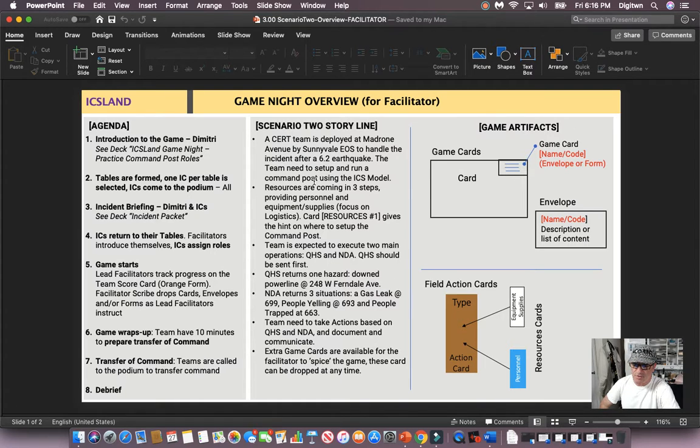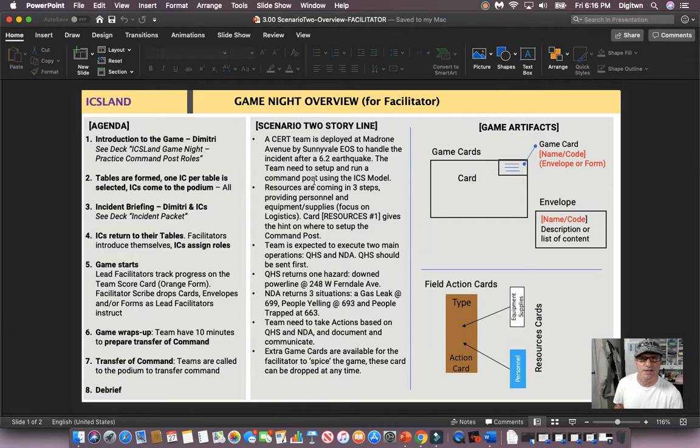In the middle is a summary of the story, and it's not very complicated. If you worked with me on that game, you've seen several times how I explain it. What you basically have to do is get the team set up on the table, make sure they're organized, make sure the roles are distributed, make sure they all have their forms. Then you kick off the game. They should have been briefed on the incident, which in the case of scenario 2 is an earthquake. They should have defined their objective and their plan. And once you're sure they have all that, you drop the first card.